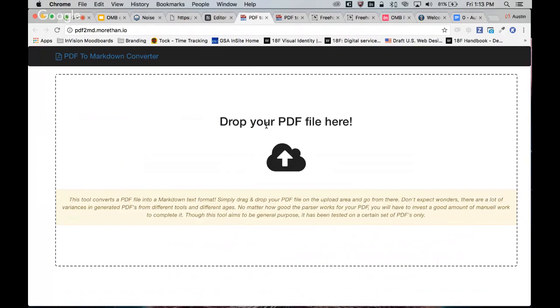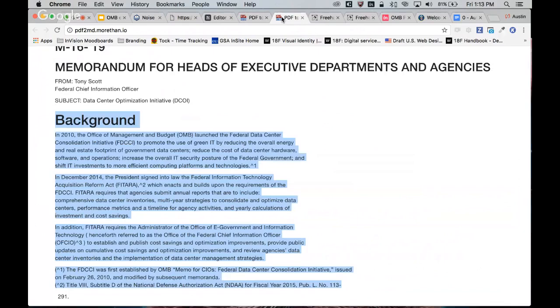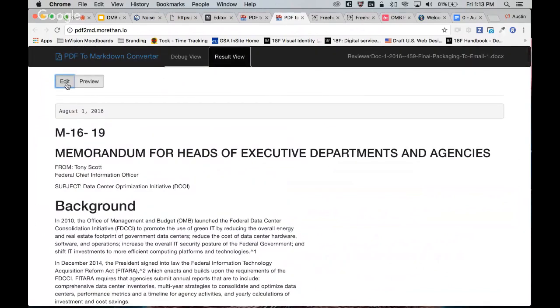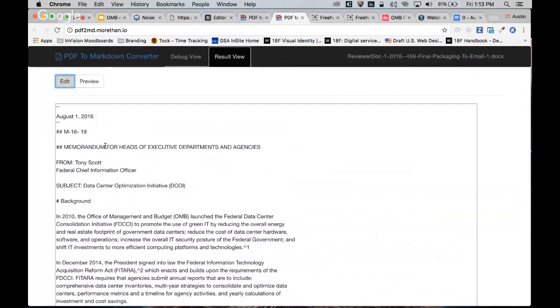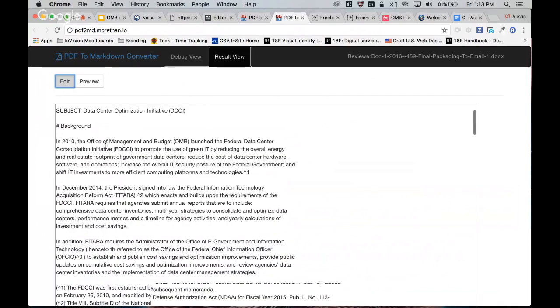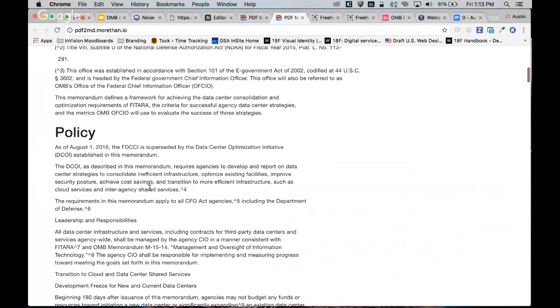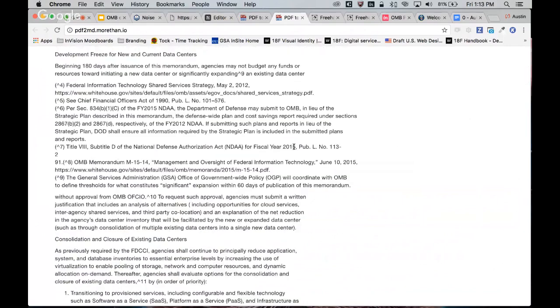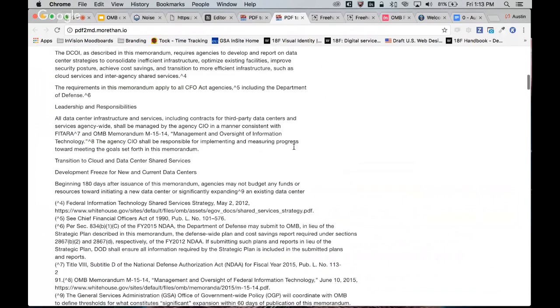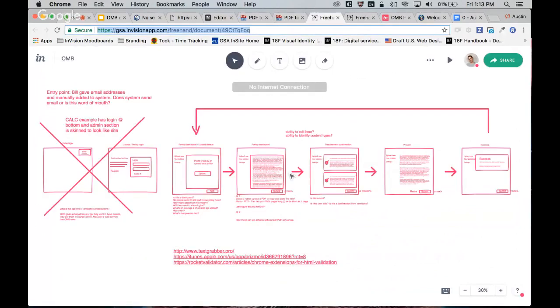You're able to turn a PDF into some text. This is the output of putting the M1619 into, I guess, XML, and the display there. So getting all that background on what was technically feasible, I started making a user flow